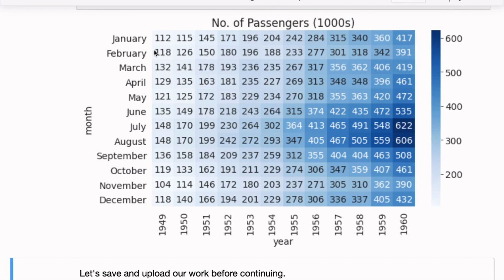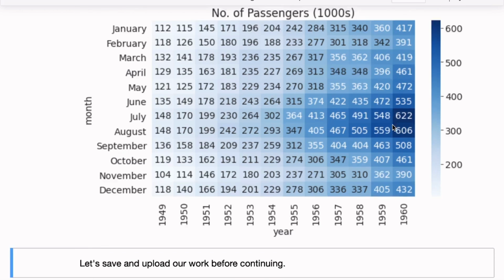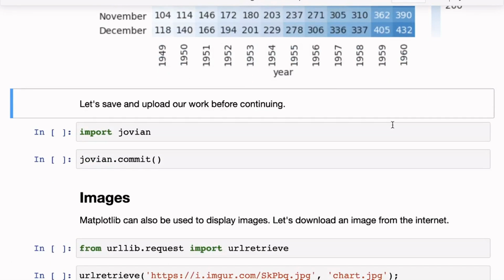So now we are showing the number of passengers, the actual value, and we are showing a background color behind it. The background color goes from very light, showing a small number of passengers, to very dark, showing a high number of passengers. So here you can see, once again, the same trend: the number of passengers increases over the years, and the highest footfall seems to be around July. Okay, so that's the heat map.